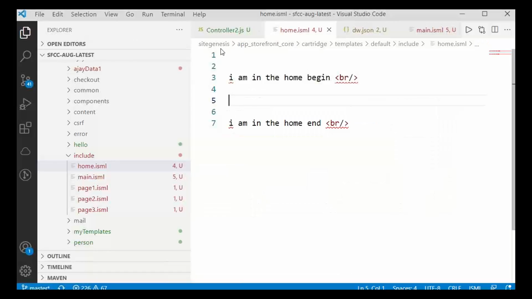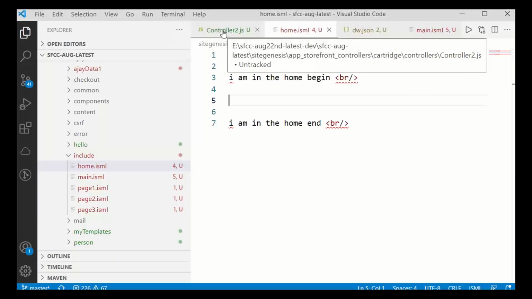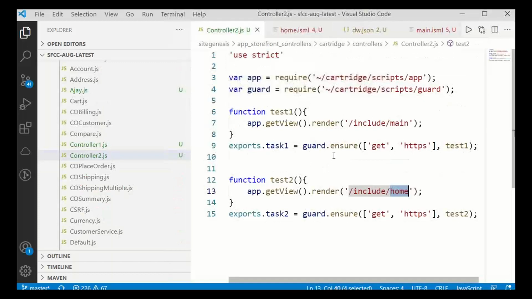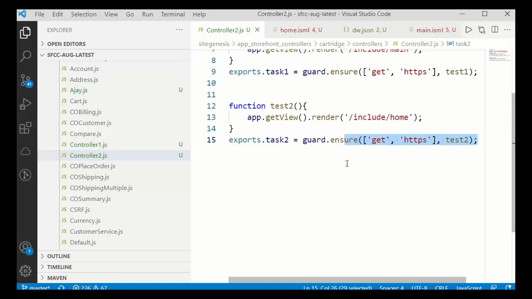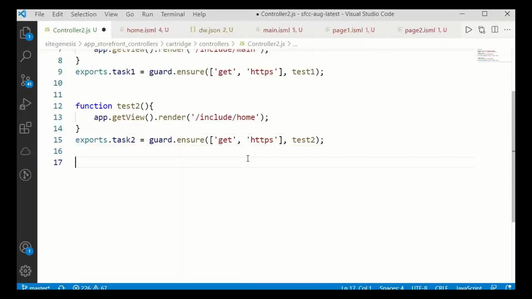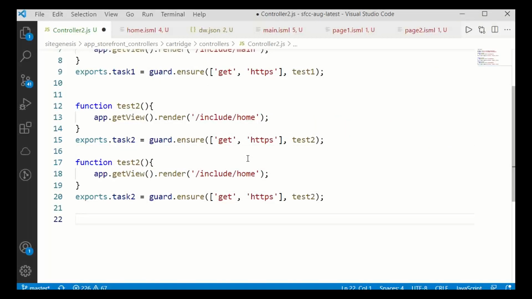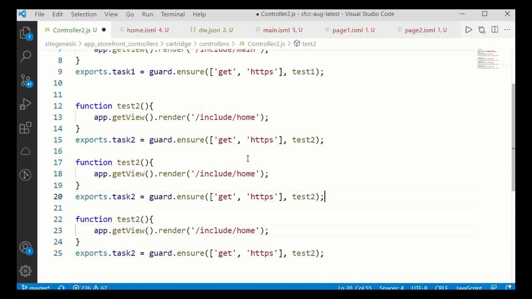Please observe. Go to controller 2, everybody. Let us develop some kind of tasks. I'll go for two tasks.